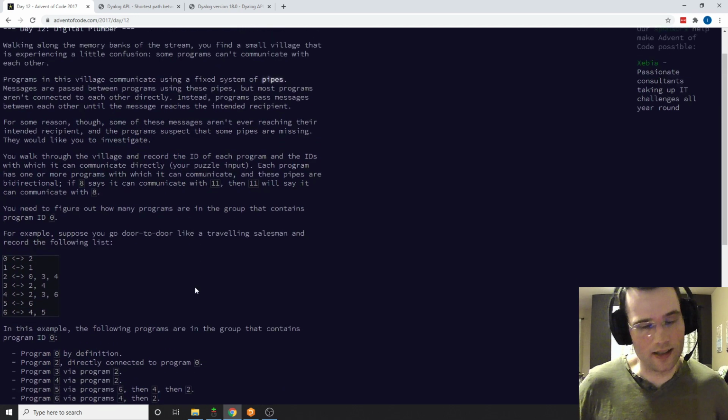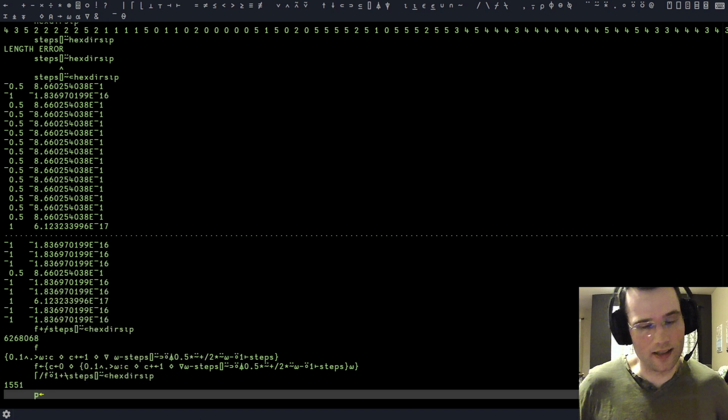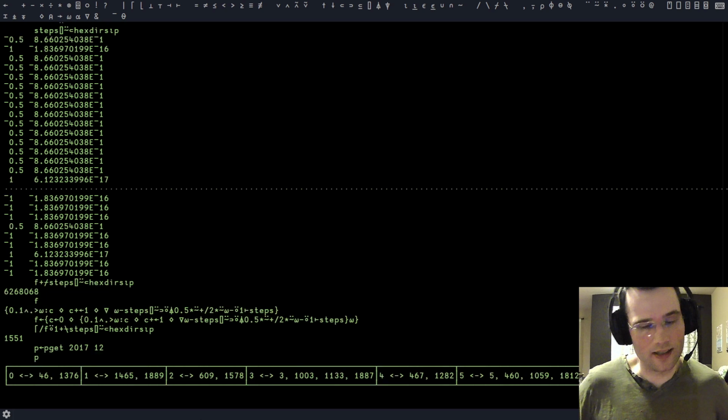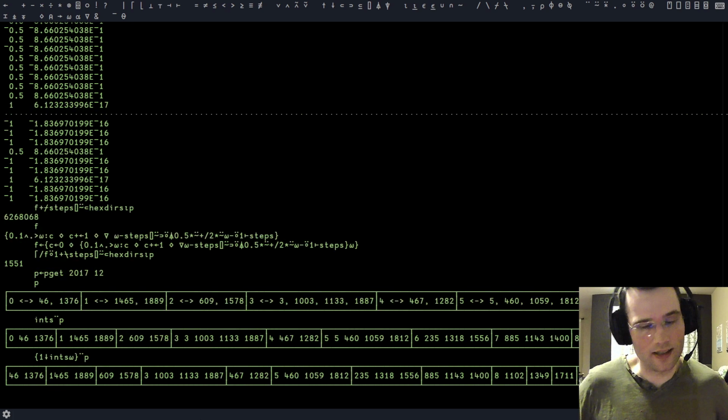So this one is basically strongly connected components. 2017-12. Yeah, so we get this. And if I just, for each p, give me the integers, and then one drop. This is now, so if we look at p,